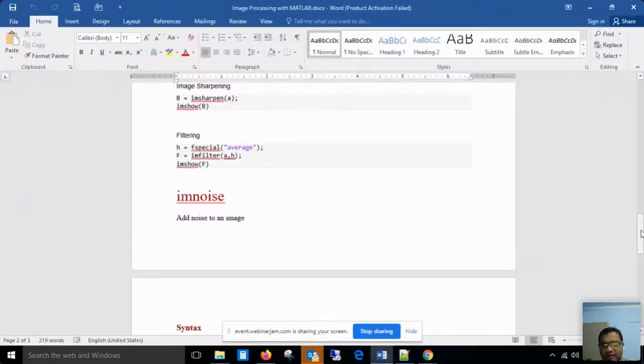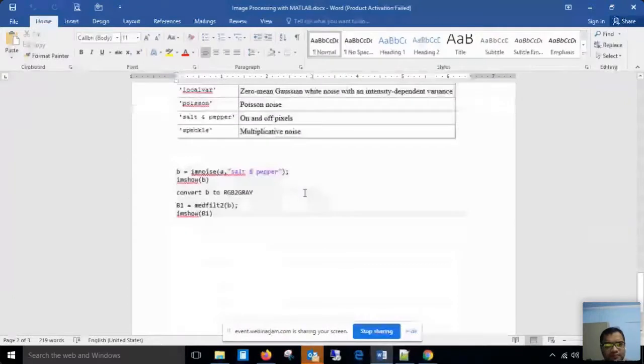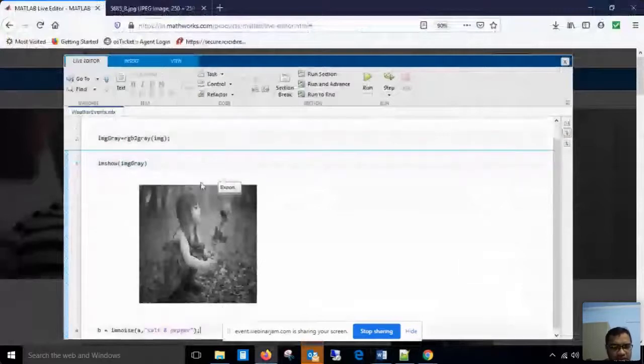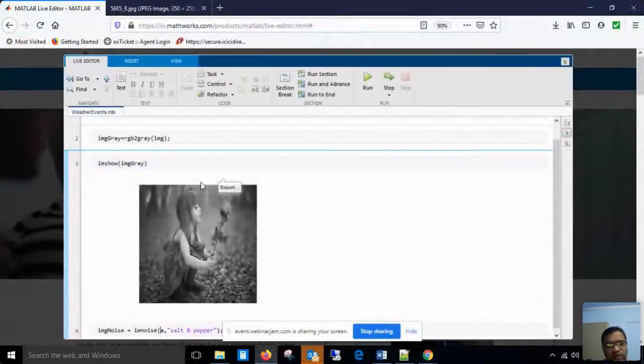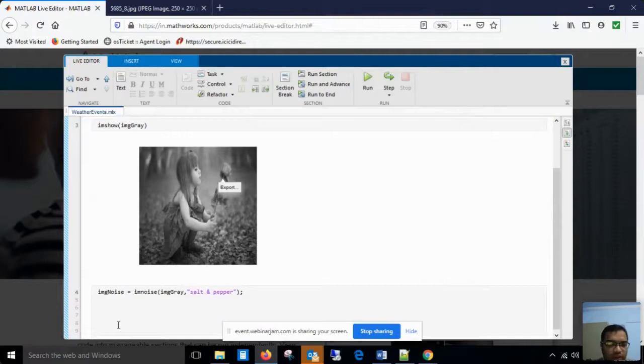And then I have to apply some noise factor so that salt and pepper noise is introduced in the image. So I say the image IMG noise is equal to imnoise. So imnoise is my function which is used to introduce a particular type of noise. There are a number of types of noise, 8 to 9 types. So any type of noise can be introduced. So what I have done is I have specified that salt and pepper noise should be introduced in IMG gray, and the output should be saved as IMG noisy.